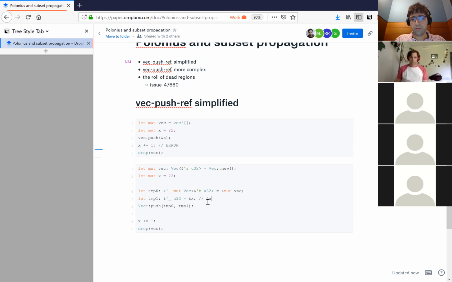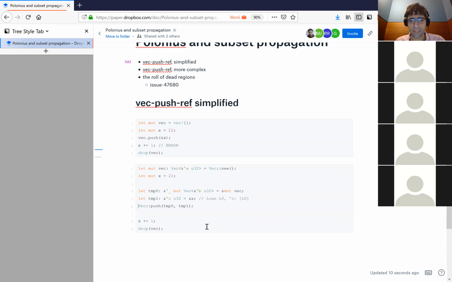This is a loan. We'll call this the loan L0. And let's give this a name. And so we know that L0 is, I don't know, how do we normally write this? Tick C. We know that this loan, just because we saw the region itself, is part of tick C. I'm mildly simplifying how this actually works. There's actually another region involved, but that's the idea. And then here, when we call vec push,